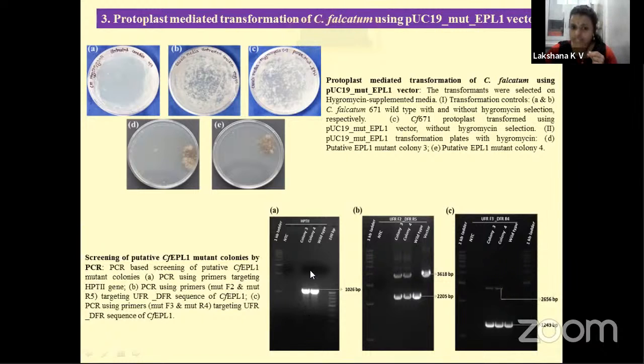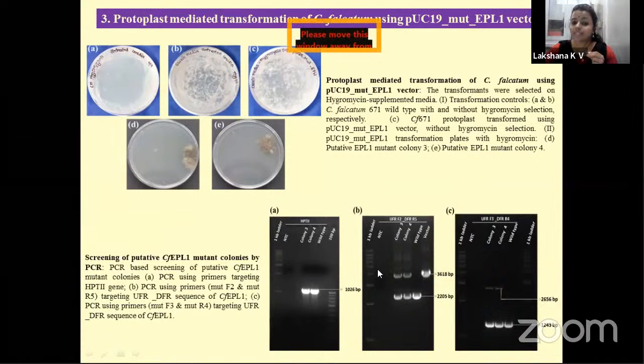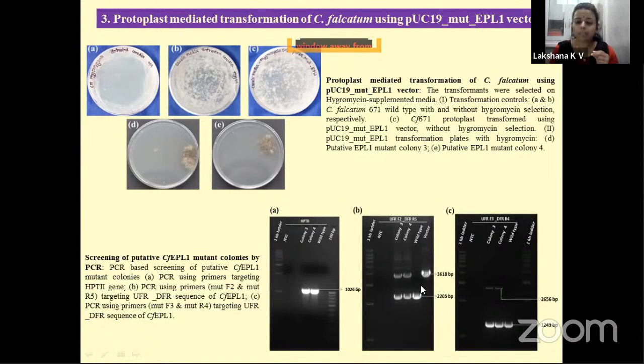Next, to assess the homologous recombination event, we used PCR targeting the upstream flanking and downstream flanking regions. Interestingly, the colony showed characteristic amplification for the homologous event as well as for the non-homologous event, as in the case of the wild type, depicting the mutants to be partial gene mutants. Hence, these partial gene mutants cannot be used to characterize loss or gain of function. Experiments have to be conducted again to generate homokaryotic lines with complete gene deletion.